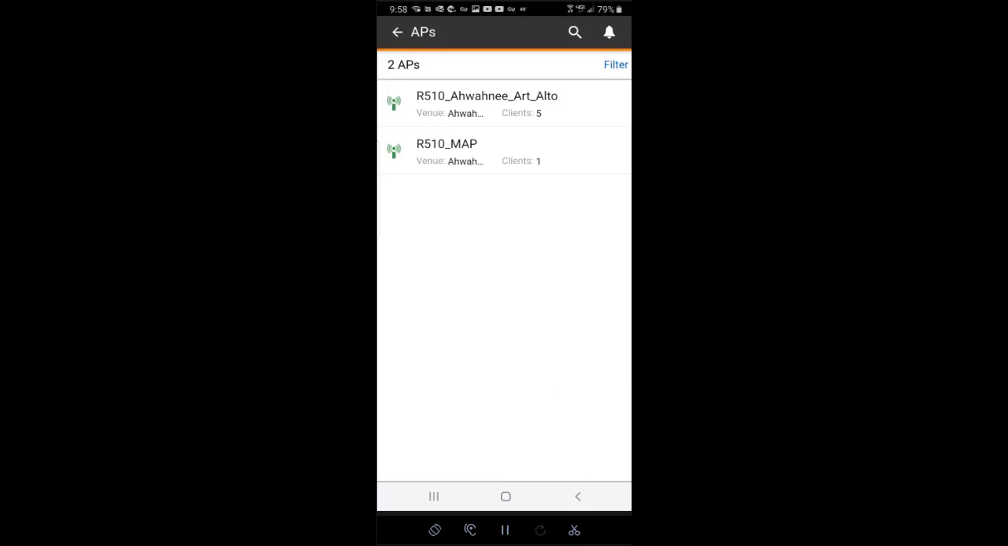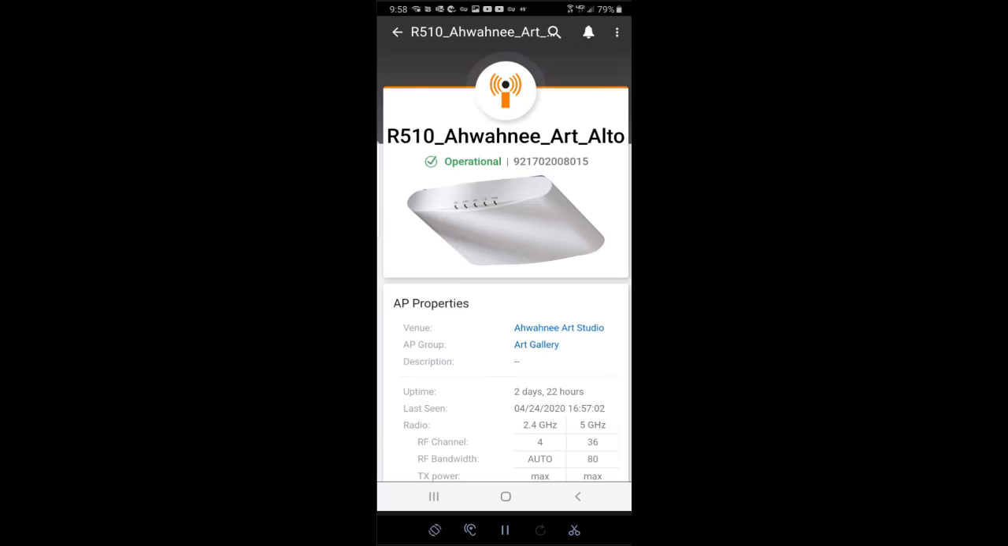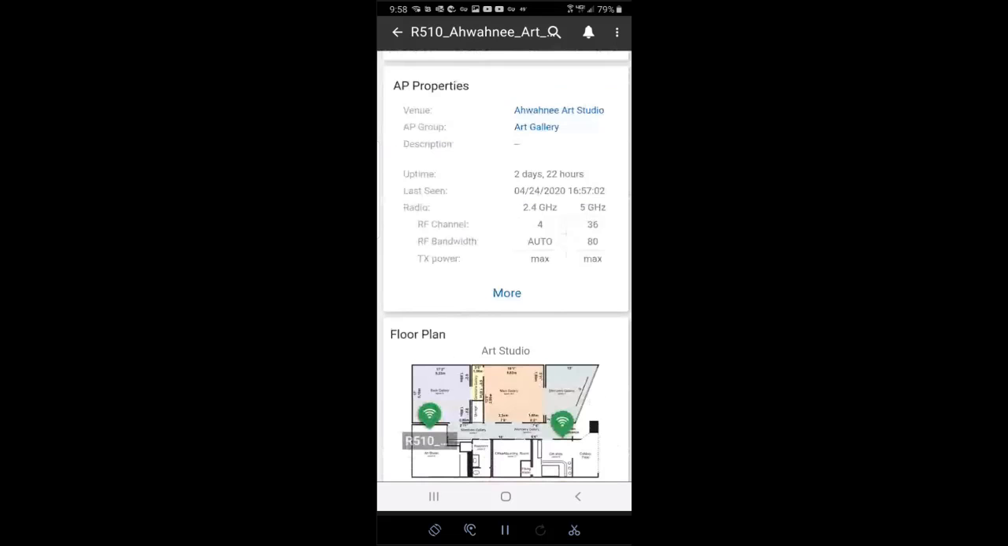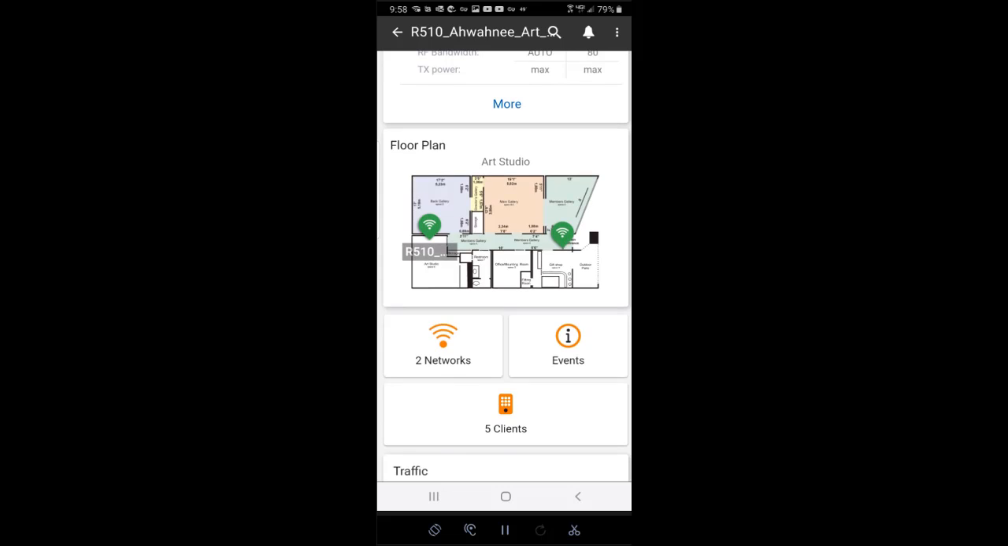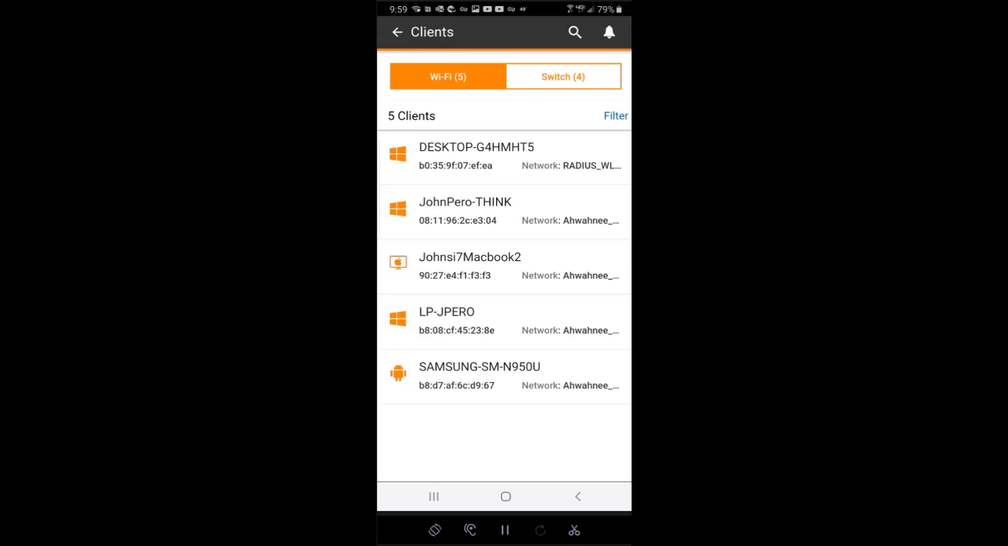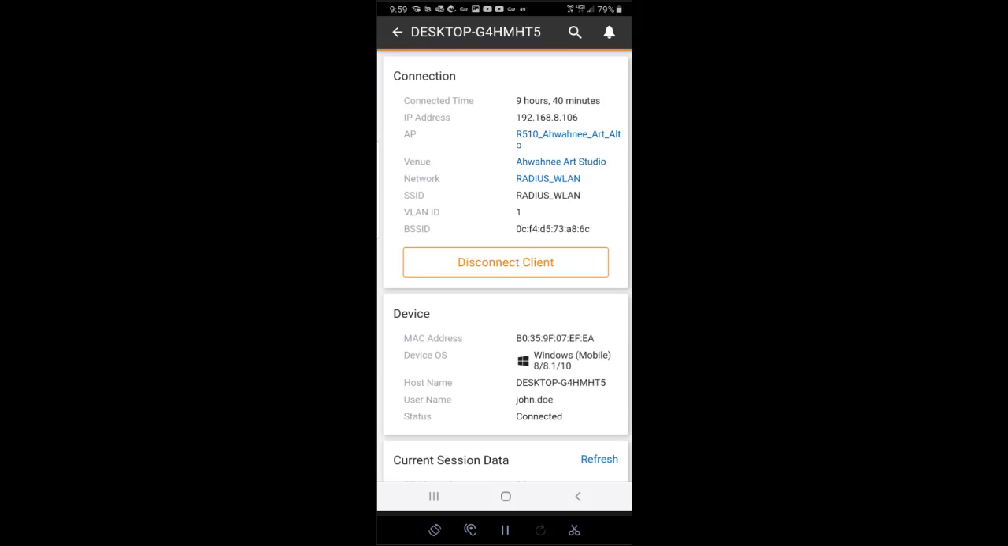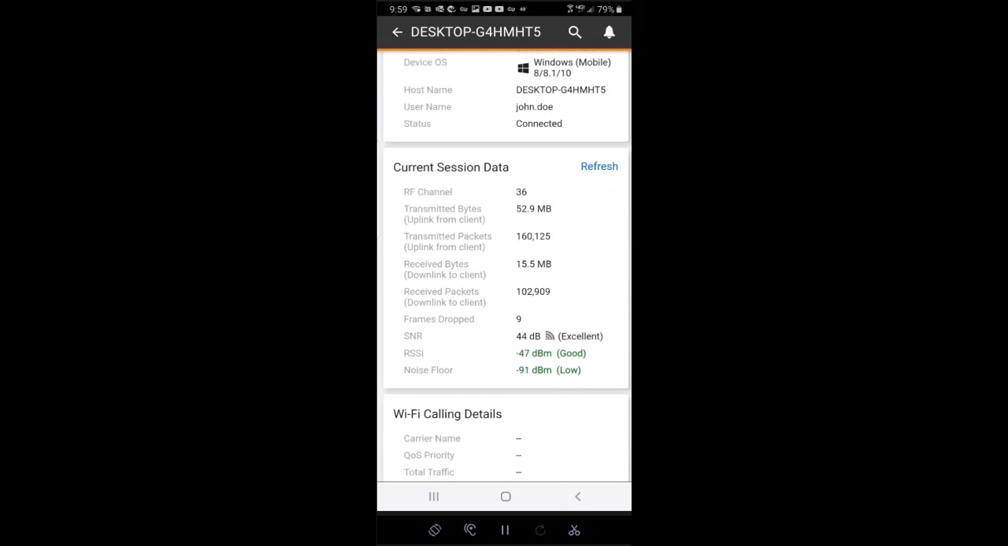And this shows a list of the APs that I have, and I could get further information by tapping on those. I'll tap on the R510, and I could scroll down, and I could look at the properties of it, which AP group it's assigned to, the floor plan that it's on, and I could get traffic information. And if I tap on the clients, I can see who's attached to it. This gives me information on the Wi-Fi clients. So for example, if I wanted to tap on one of those, I could do that. And that'll give me information on the connection time, the device, which includes the MAC address, the current session data,